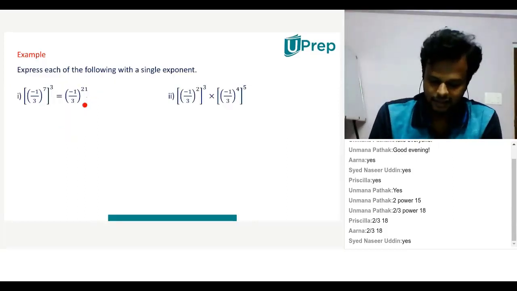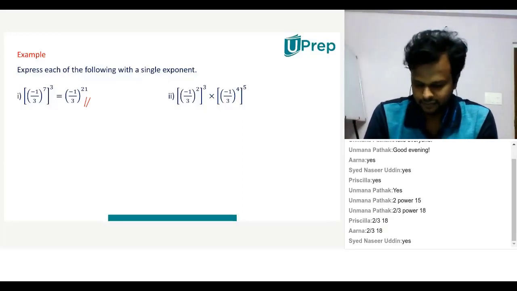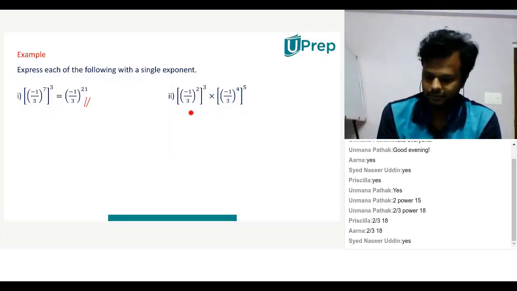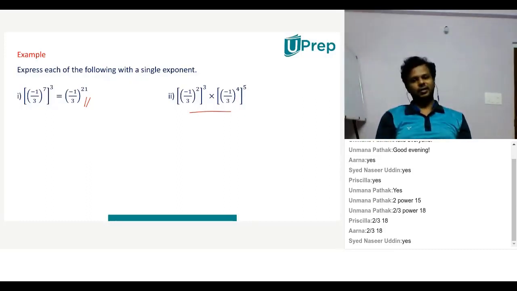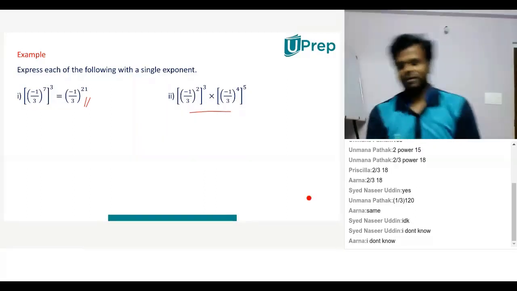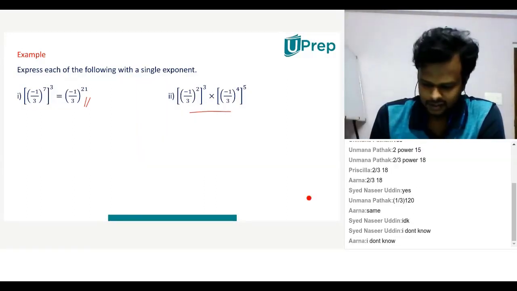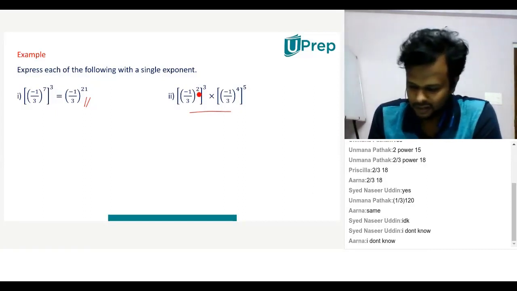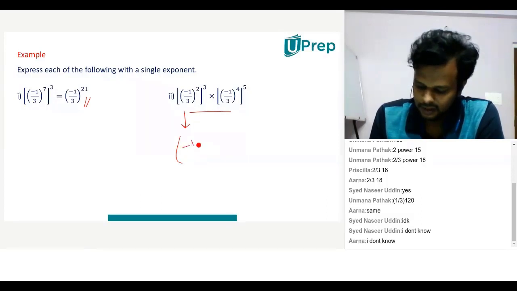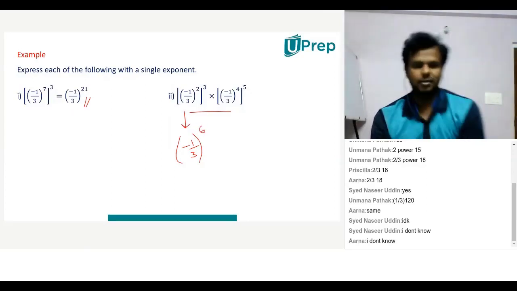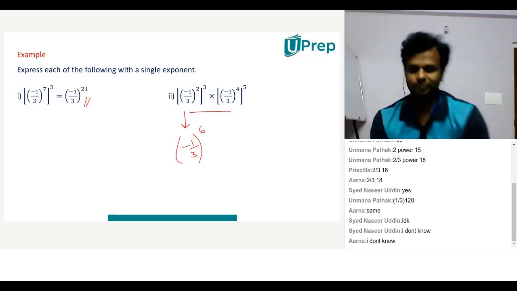Children, for this, the answer is already given. Now try to write for the second one. For the first one, the answer is already given. Try to write the answer for the second one. Okay. So, children, what is happening in this case? Arna, I don't think it is 120. So, children, what happens to the first bracket that I have? So this becomes minus 1 by 2, 1 by 3, whole to the power 6. Is everybody with me here, children?